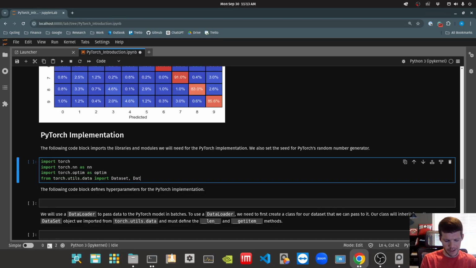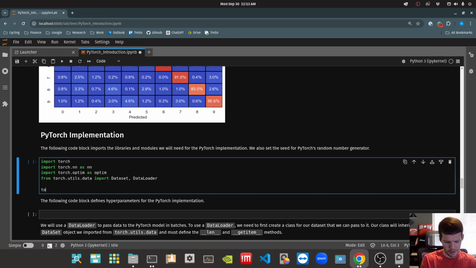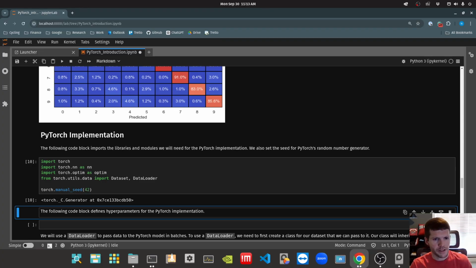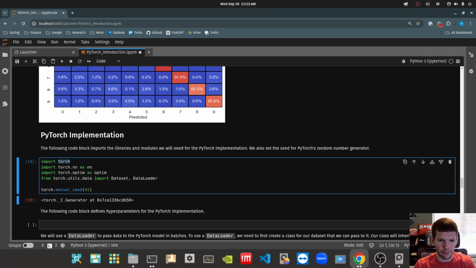And I'm going to import a data loader. All right, and one thing I'm going to do is set Torch's manual seed at 42. All right, so Torch is just importing PyTorch, and what a lot of times people will do is import specific